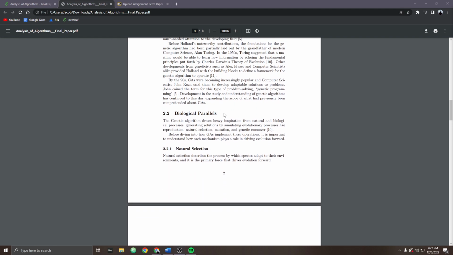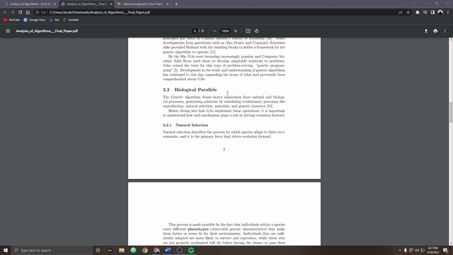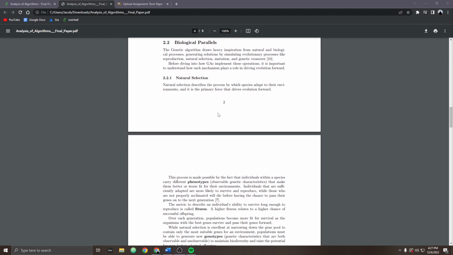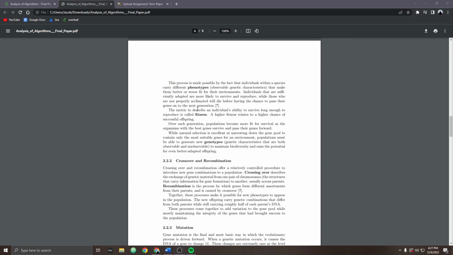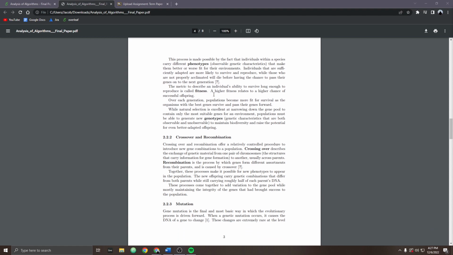So, to start with, the main inspiration behind it, of course, was nature and biology. Natural selection is the theory that the strongest of a population will survive to reproduce while the weakest die out before being able to reproduce. And the metric to describe that is fitness. So an individual with higher fitness is more likely to be able to have offspring before dying, while an individual with lower fitness is more likely to die before reproducing. So this creates a situation where the best genes are narrowed down in the pool,